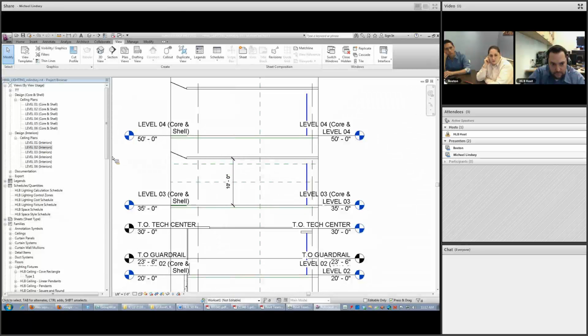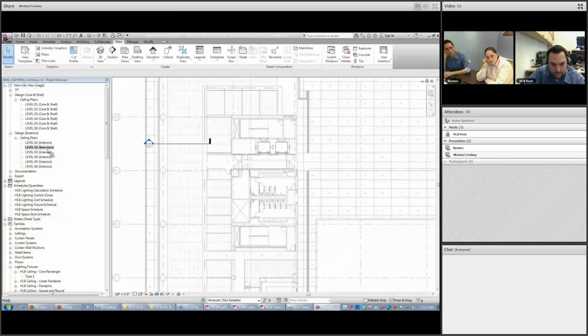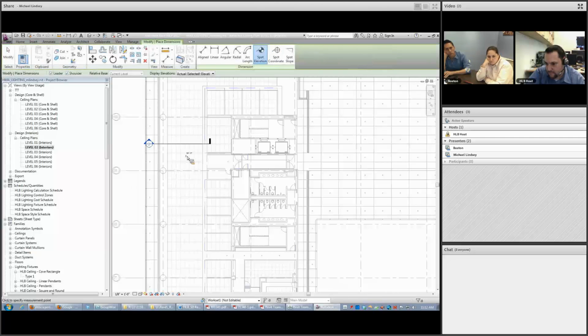The unfortunate thing that I found out, and this is actually another question that I have for Peter that I need to write down, is the spot elevations that we went over as a team earlier are great, they're very helpful until you get to a higher level, because now that spot elevation says 30 feet.